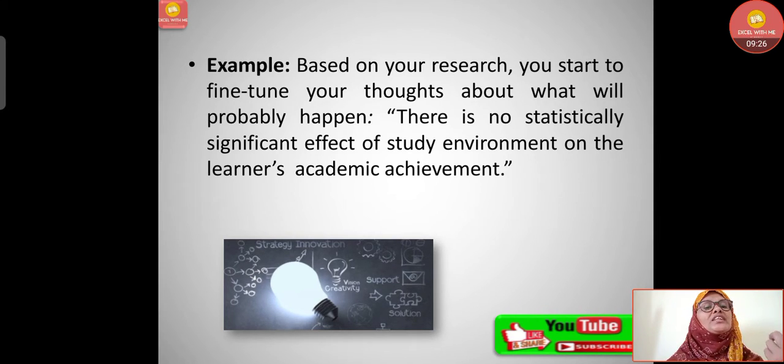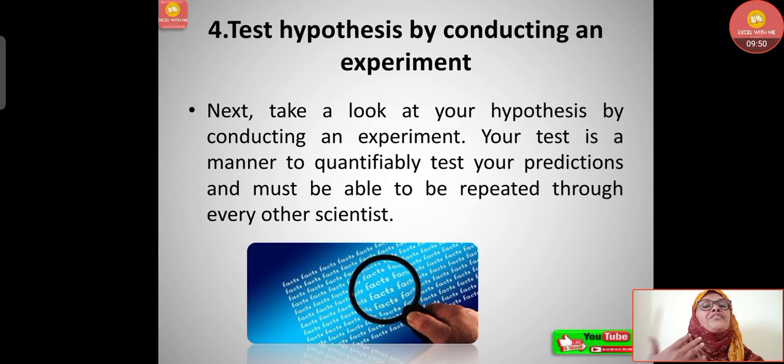Let's see through an example. The question which we asked is whether any relationship is there between study environment and learner's academic achievement. For that, what kind of hypothesis can we make? There is no statistically significant effect of study environment on the learner's academic achievement. This is our tentative solution. Now the fourth one is